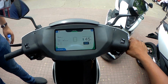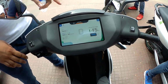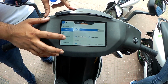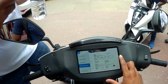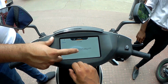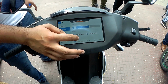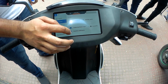The coolest feature of the Ather 450 has got to be its 7-inch touchscreen console, which is loaded with features. All the data gets synced through the Ather app present on your phone. You can save pictures of your license, vehicle documents, etc. in the console, save all the owner details, receive software updates, check the prescribed tire pressure, adjust the brightness, volume of indicator and parking assist sounds, set the guide me home lights, and you also get a